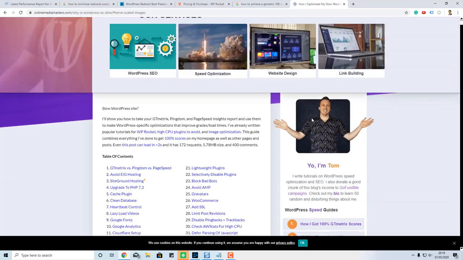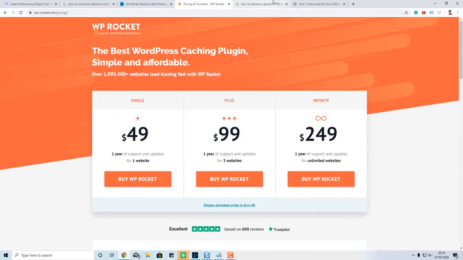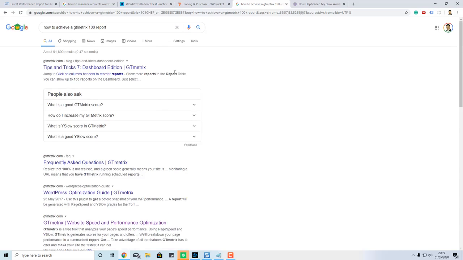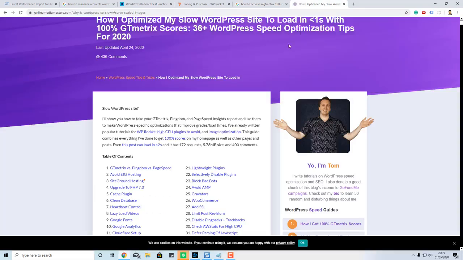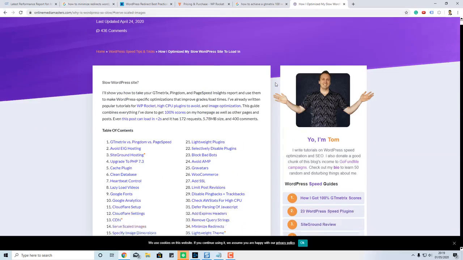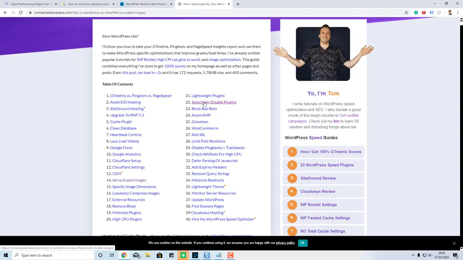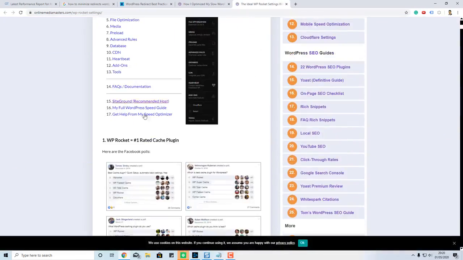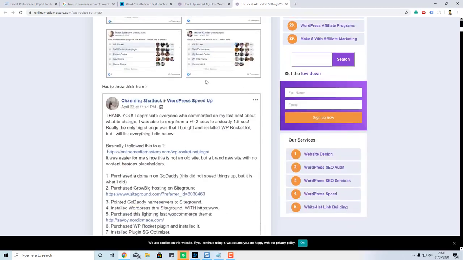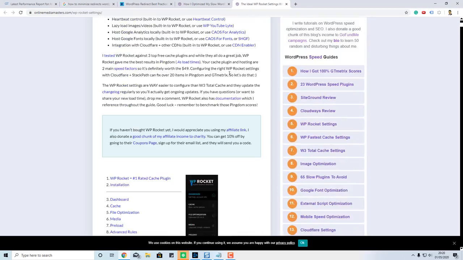You can use this article or resources just like this to help you optimize your site and improve the performance. So once again, you don't have to be a techie, you don't have to have any knowledge about site optimization or performance. You can simply use these online resources just like this one. This one article alone, you can ignore everything else. This one article alone will advise you on everything you need to know about optimizing your site to the fullest, and you can then be like me and simply use a tool like WP Rocket, as you can see over here, and maybe follow the settings that he covers on this article over here, and boom, it only costs $49,